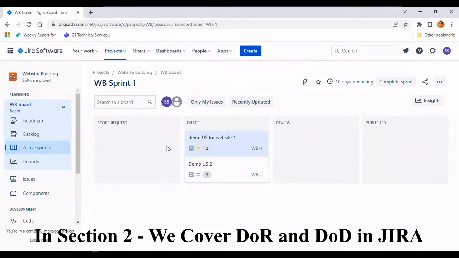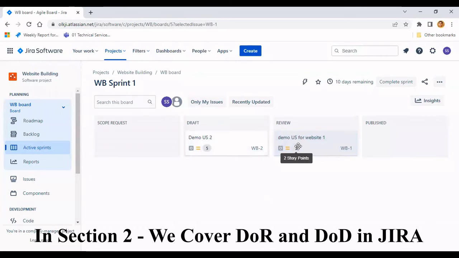You remember our workflow is one way from scope request to draft. But if we move from draft to review, it will allow. And now if you want to move it back, it's allowing you, because we have a two-way workflow from draft to review and from review to draft.